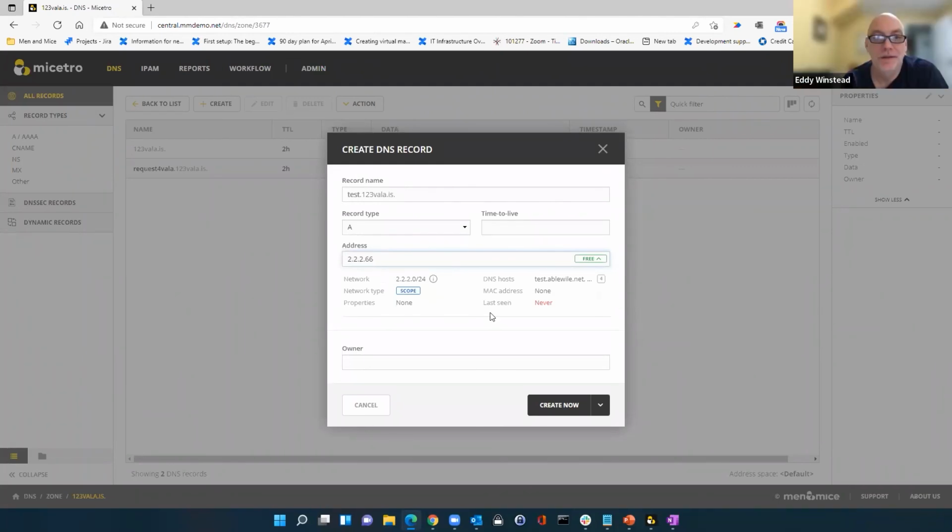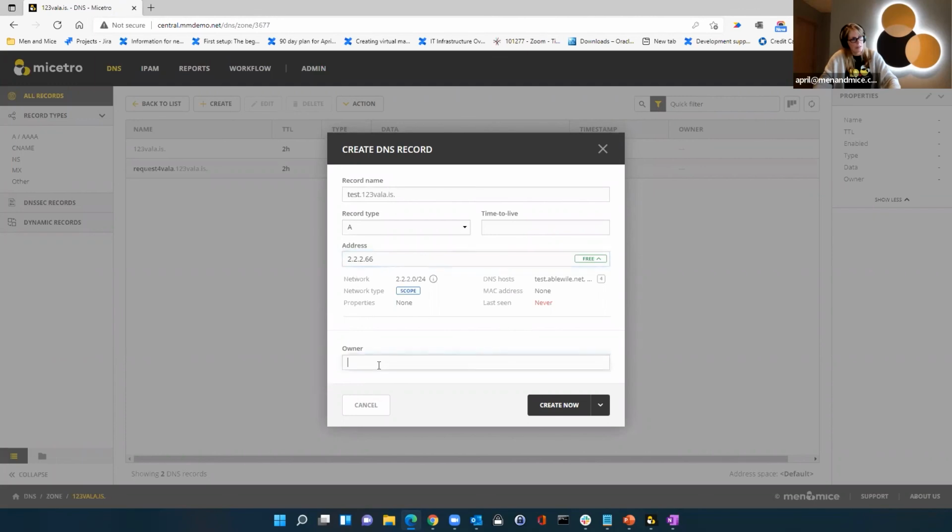Okay, that's great. That's the IPAM piece of it, right? We have a find next free IP. There's a lot of functionality and data checking that it does against IPAM as well. In this case, we're collecting ownership. This is a custom field, and it's one that a lot of people ask for. So we can automate that user account to populate this field if you want to start collecting data on who's